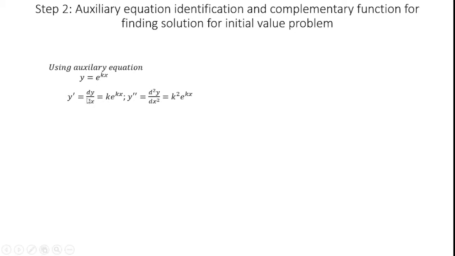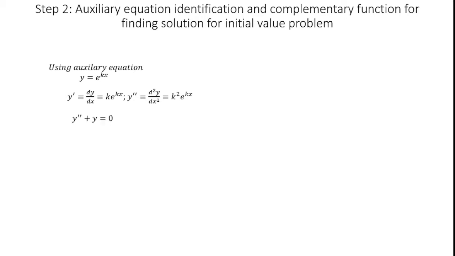Okay, after that I again differentiate with respect to x, so y double dash, which is d square y by dx square, is equal to... In the previous video, on the initial value problem, I explained how we can differentiate. For x power n, differentiating gives n into x power n minus 1. So here again I conduct the differentiation for e power kx, where k comes out again, so we get k square into e power kx. Likewise I got the auxiliary equation.